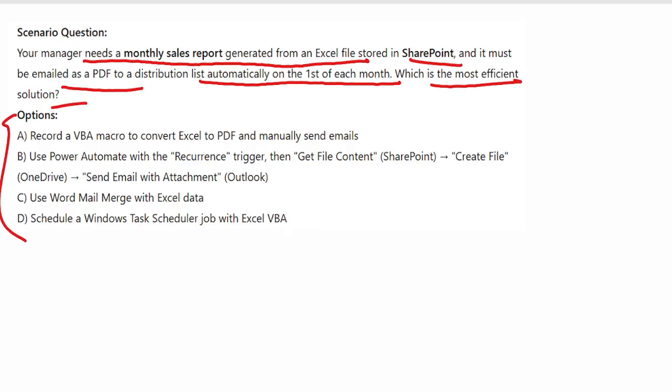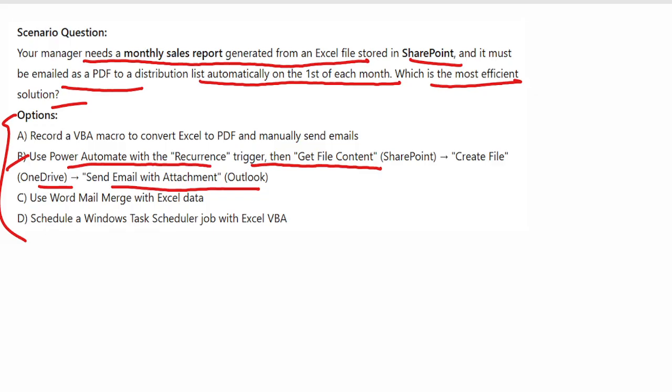The correct option here is option number B. Use Power Automate with a recurrence trigger, then Get file content from SharePoint, create a file in OneDrive, and send an email with the attachment in Outlook. So the Power Automate flow integrates with SharePoint, Outlook, and OneDrive to fully automate report generation and email dispatch without manual intervention.